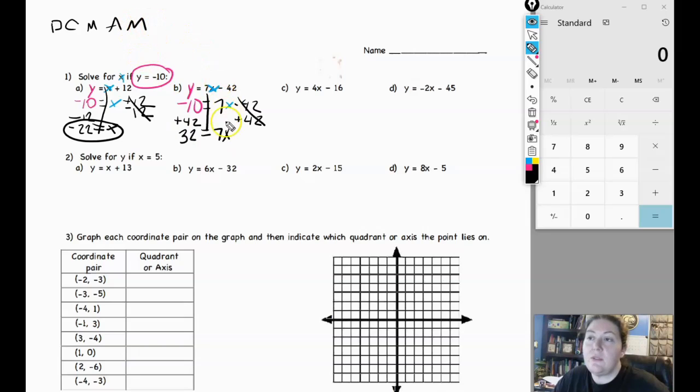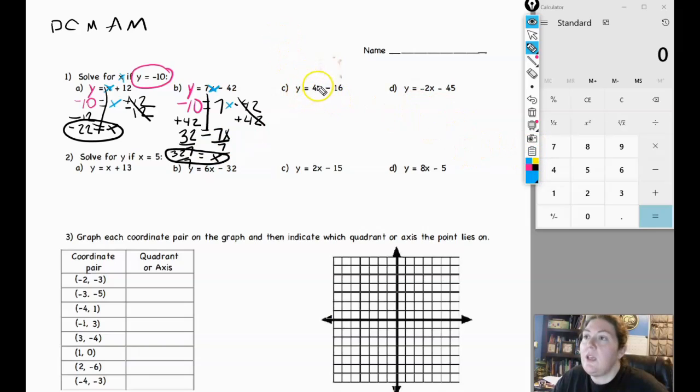Multiplication or division? Yes. This 7 is smushed up next to this x. Smush means they're being multiplied. To undo multiplication, I divide. What I do to one side, I do to the other. This one is ugly. If you put this in your calculator, you're going to get a really funky fraction, and I'm actually okay with you leaving it this way. I'm actually okay with you giving me that as an answer. Alright,